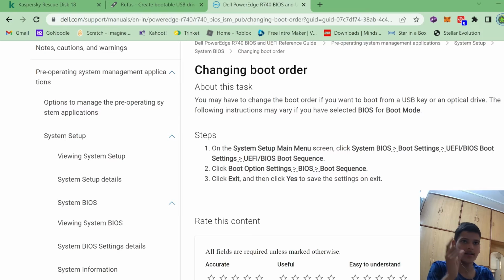It's pretty easy. There's an application in your Rescue Disk 18. Go ahead, run it, and wait for it to complete. It's going to take like 7-8 hours, so let it happen, depending on if you have a hard drive or an SSD. So once you're done with that, you want to copy all of your